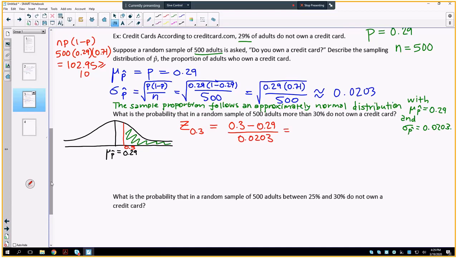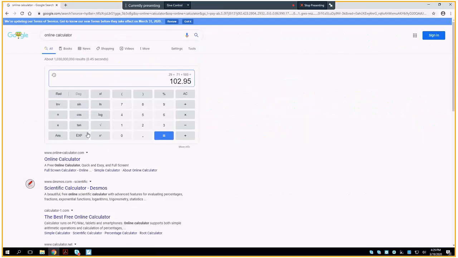We'll definitely use the calculator to help us. So 0.3 minus 0.29 is clearly 0.01. Then we need to divide that by 0.0203, and we find